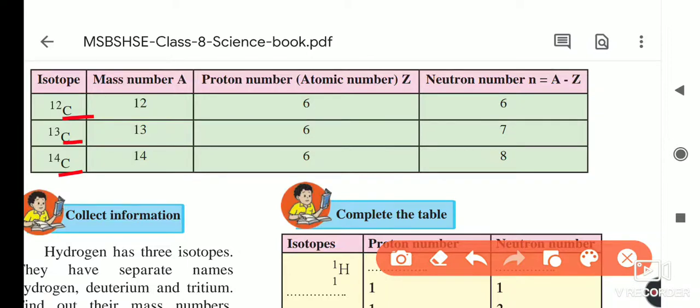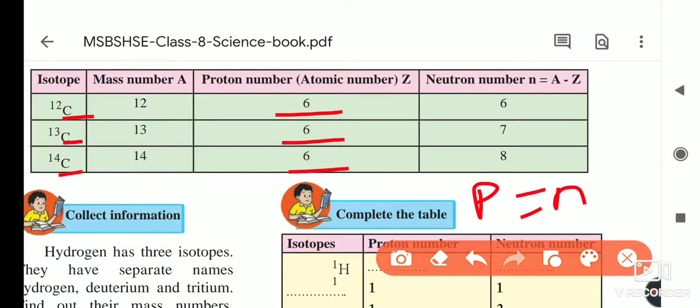Carbon's atomic number, as I told you, we just finished above, is 6. Its atomic number is 6. And as I told you, if the number of protons is equal to the number of neutrons, it means if it has 6 protons, then it has 6 neutrons. Then the sum of protons plus neutrons is equal to the atomic mass, denoted by the letter A, and the number of protons is equal to Z, which we had seen.